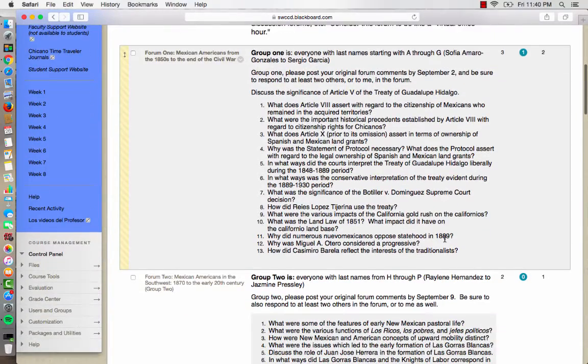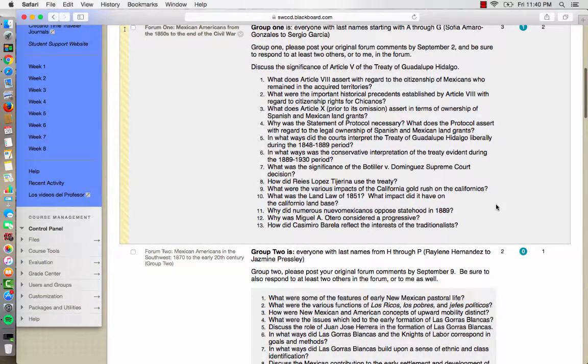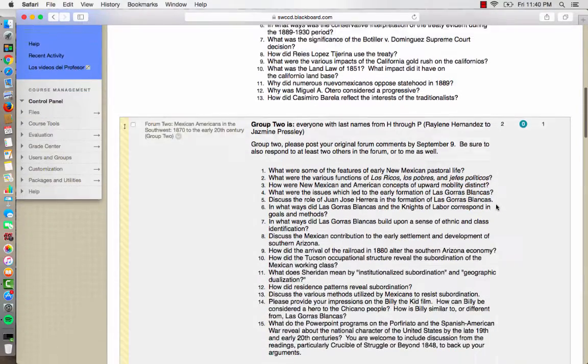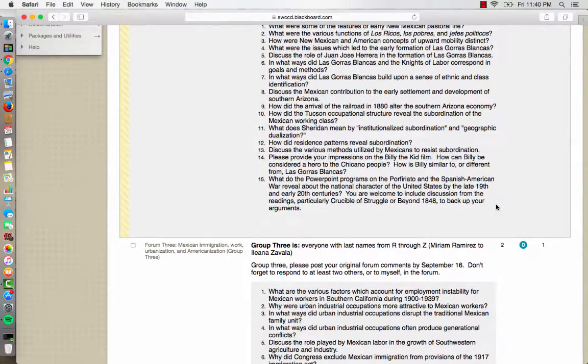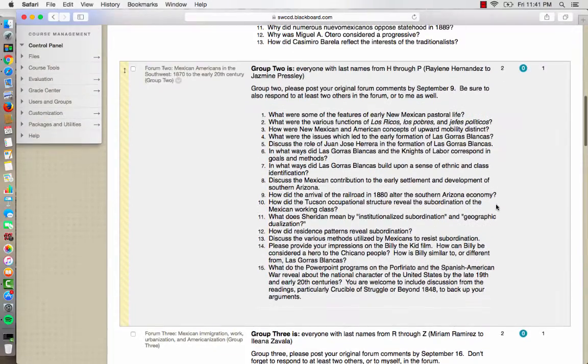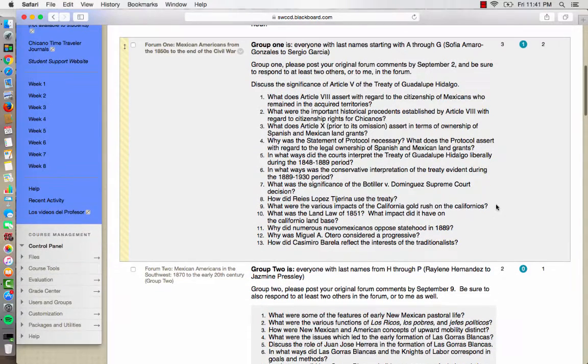You're in group one. Likewise, everybody with last names from H through P, you are in group two. And then everybody with last names from R through Z, so from Ramirez to Savala, you're going to be in group three. And as I pointed out in the syllabus,